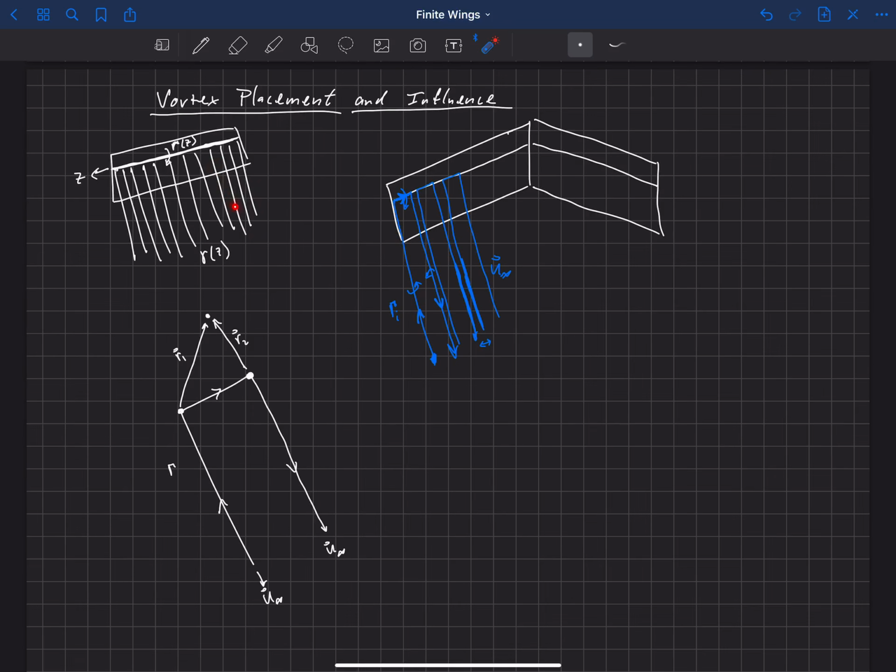Okay, so it was right on the xz plane in the direction of the x-axis, which is really close to the direction of the free stream velocity, but not exactly the same. And the reason we did that was because that simplified the math so we could get this analytic solution,